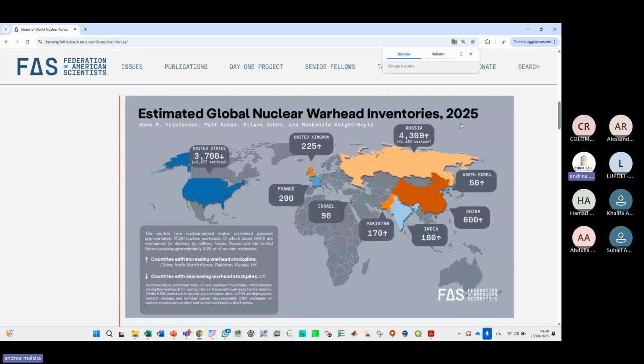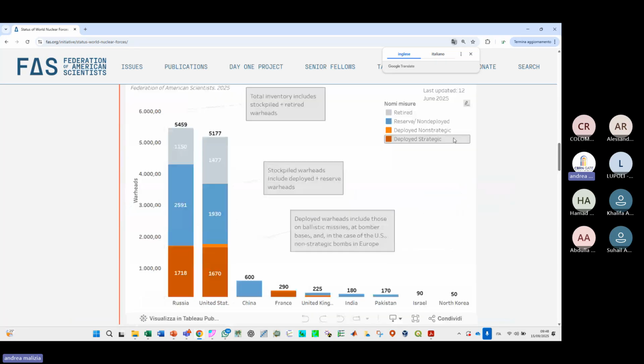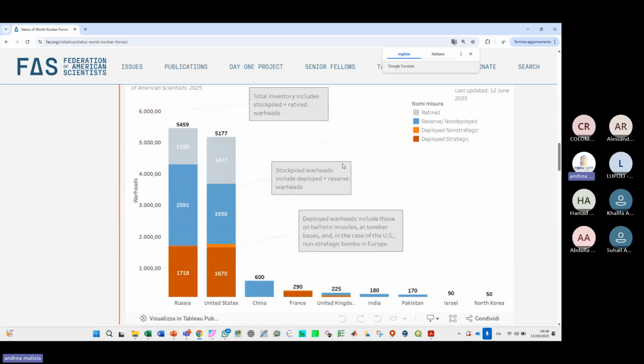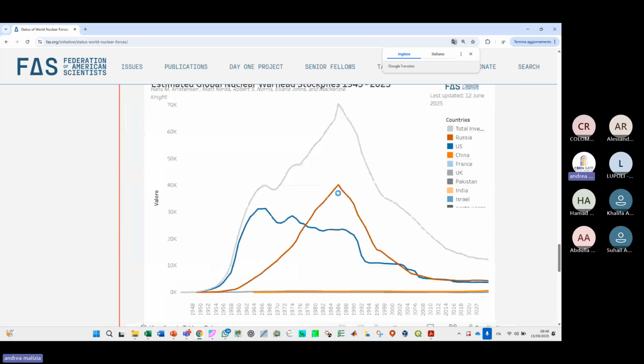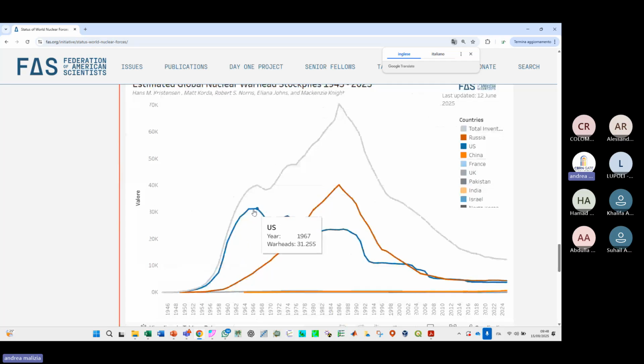It is updated to 2025. This is the inventory in terms of retired, reserve non-deployed, deployed non-strategic, deployed strategic, and then the evolution of the nuclear bomb. As you can see, we had two peaks, one from USA with 30,000 and one from Russia with